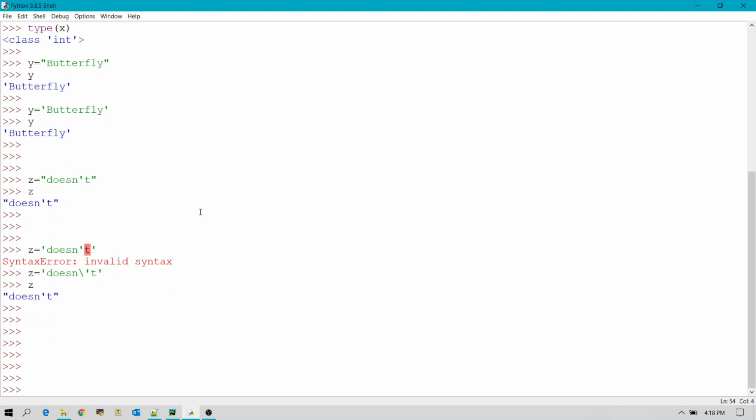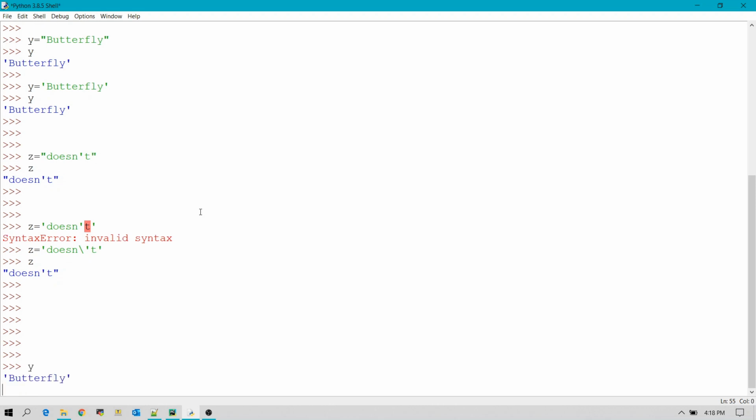So let's get back to our previous variable, which was y, and the string was butterfly. What if you just want to have fly printed on your screen? For this, there is a concept of indexing. The basic concept behind an index is that it starts from 0.